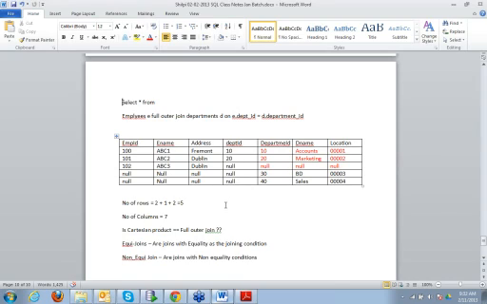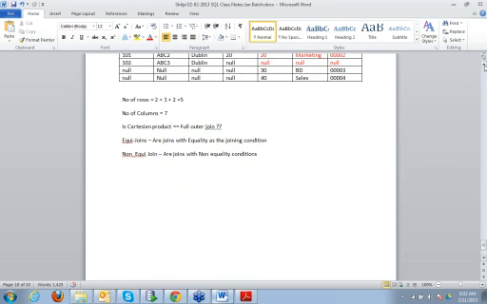Now full outer join is not the same as cross product, because cross product matches every row of one table with all the rows of the other, so it doesn't take care of the matching values. And in full outer join, you still have to mention the table or the column name on which the join needs to be made. In cross join, we don't mention any common column name, right?